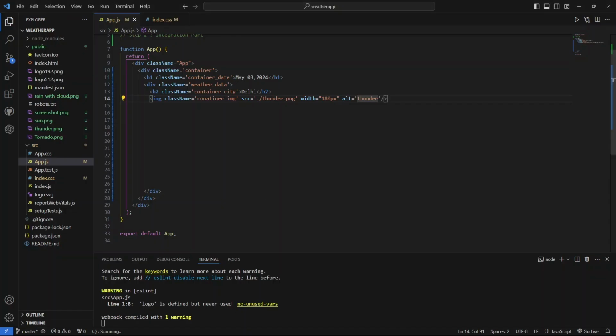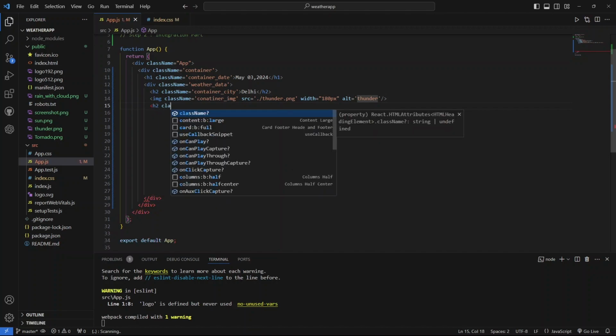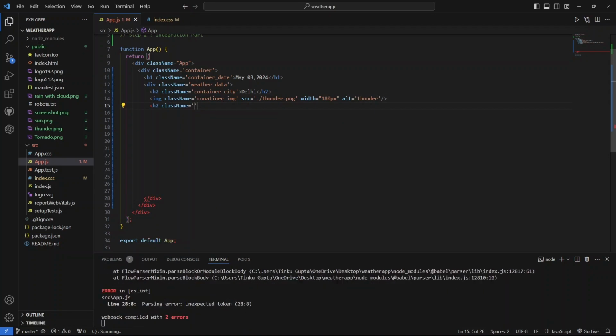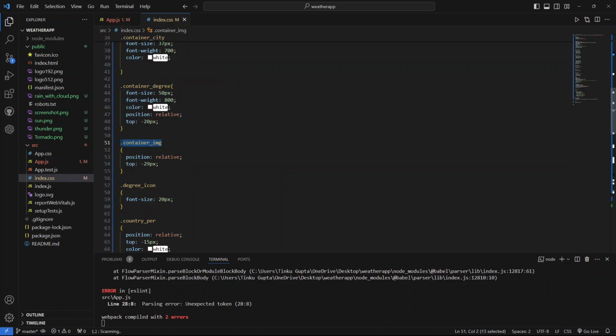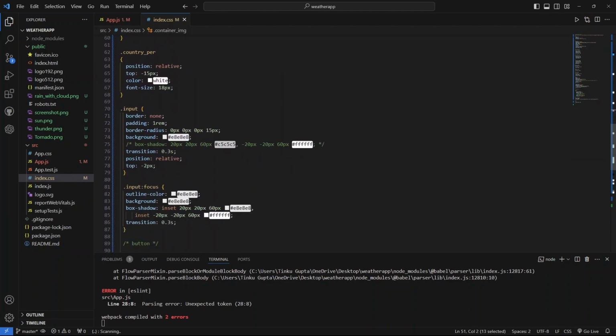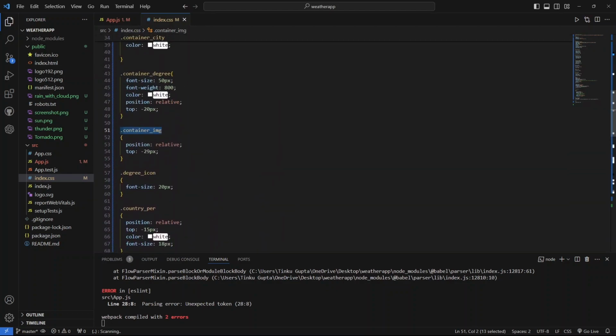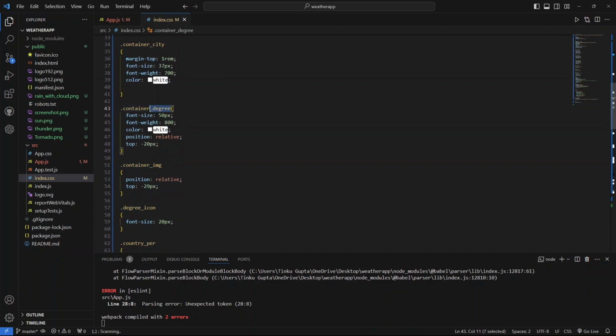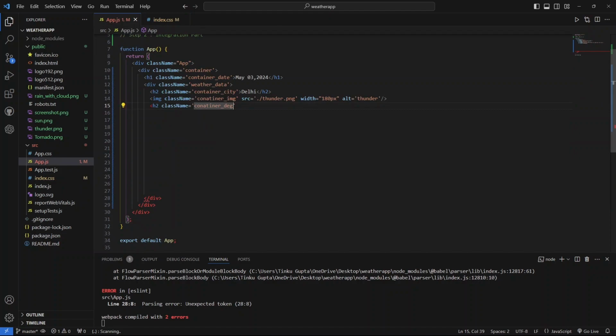For that, we can use the h2 tag, and then let's put a class name. We can put something like container underscore degree. Or you can copy paste directly. You can copy from here. Like we have this class name we are using. Copy from CSS, and then I'm putting it here. Now let's close this tab and let's put